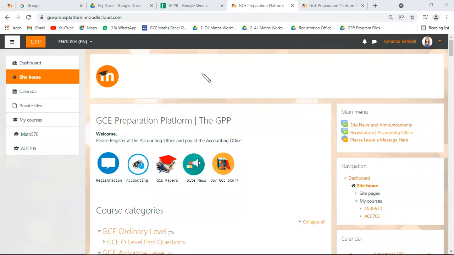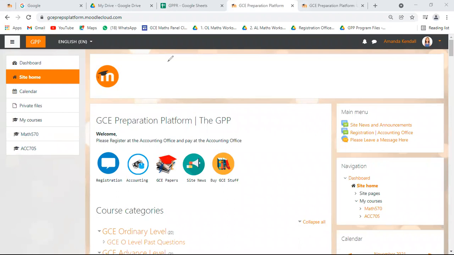So here on this page, we show you how your portal will look when you have registered for a course. For example, this student, as we can see, has registered for this course, Maths 0570, and this other course. For a student who has not registered for any course, he will not see this place, my courses. The my courses place will be empty.